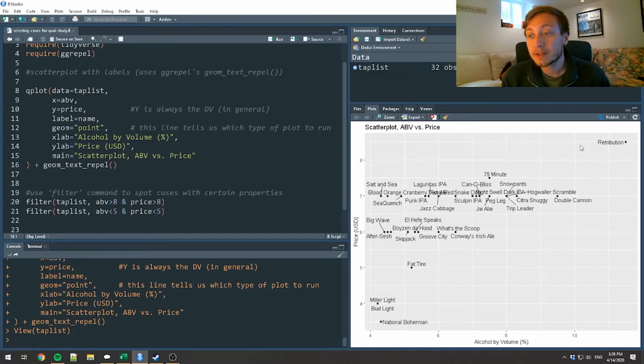So for example, I might be interested in this Retribution, whatever this Retribution is. It's really, really, really high alcohol by volume. It's really, really, really expensive. And so I might want to find more out about that beer. What is it particularly that makes it so expensive? Is it because it's so boozy? Is it because of some other factor, right? Maybe this is going to allow me to uncover a potential source of spuriousness that I would have never investigated